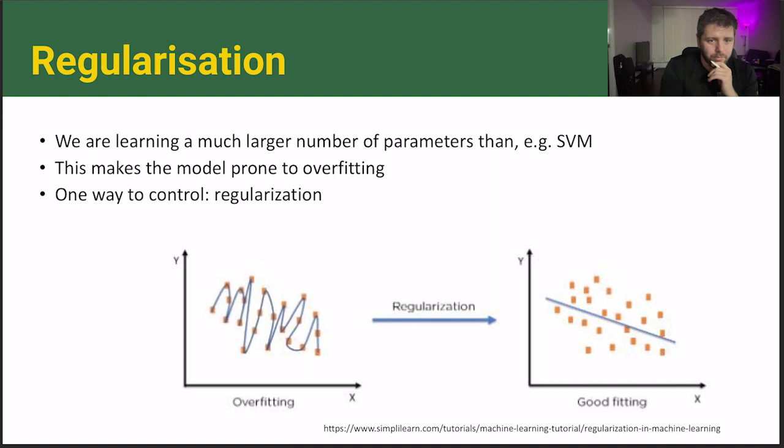So regularization in machine learning is an important concept because we're learning with a much larger number of parameters, and this makes models very prone to overfitting. So what is overfitting really? If you imagine that we have these data points, each one of these that I'm highlighting here is its own data point with an x and a y value, and this is what we're observing, but it's a very, very noisy data set. So if we imagine that the true data should be this line, but we're actually having a very noisy